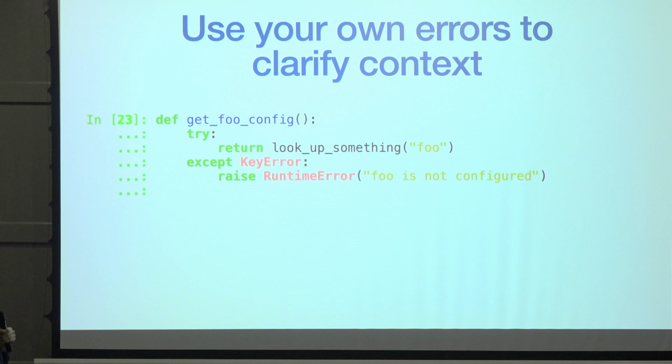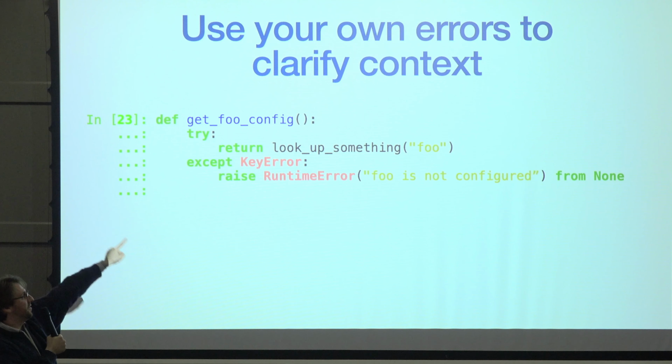Catch the error and convert it into your own error, which clarifies the context. If somebody gets an error message that says foo is not configured, what they'll take away from it isn't something's broken, it's foo is not configured. Right? We can improve on this in a few ways. I'm not going to explain this one in detail, but if we do this, then it'll include the key error context as well. But we really don't care about that. Giving people clear information is partly about what you don't show them as well as what you do. Don't give people irrelevant information. So we can hide that bit of the traceback by just saying this, and then you'll really just get a traceback which says, getFooConfig failed because foo is not configured.